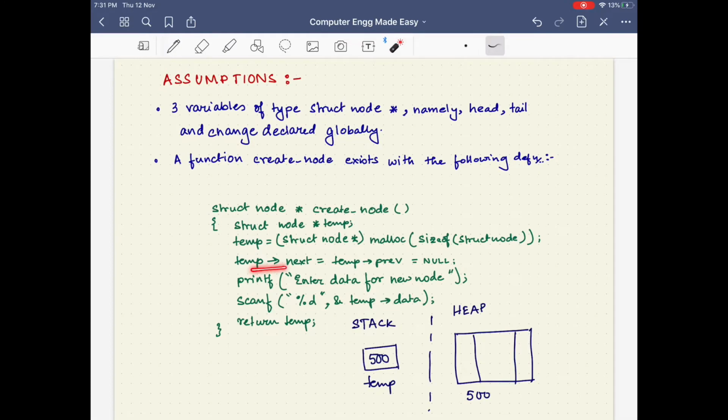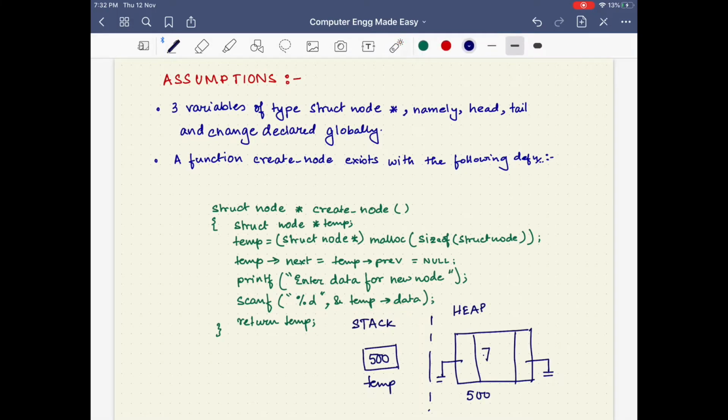Next, when we execute temp->next = temp->prev = NULL, then automatically null is stored in the previous part and next part of the node that is created. Now, the user is asked to enter data for the new node, and the value that is entered is stored in temp->data.